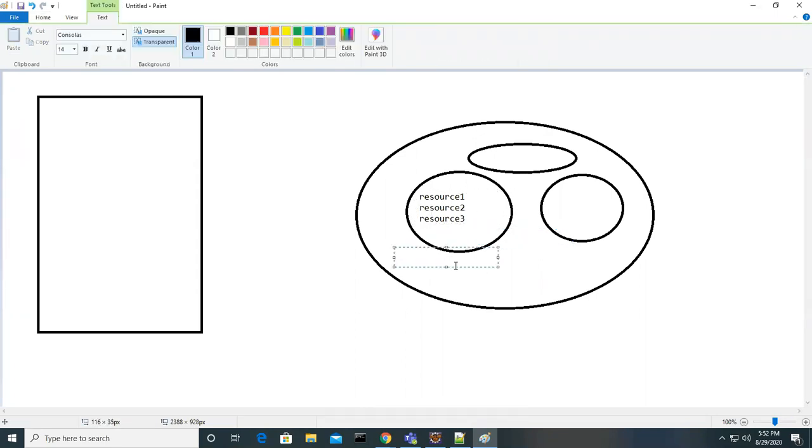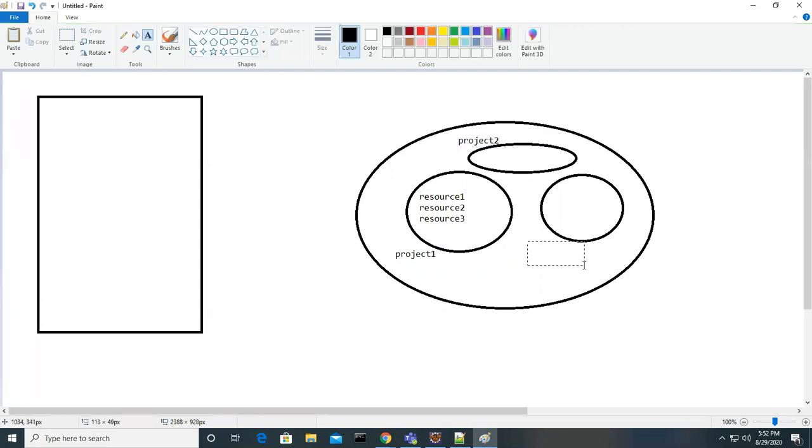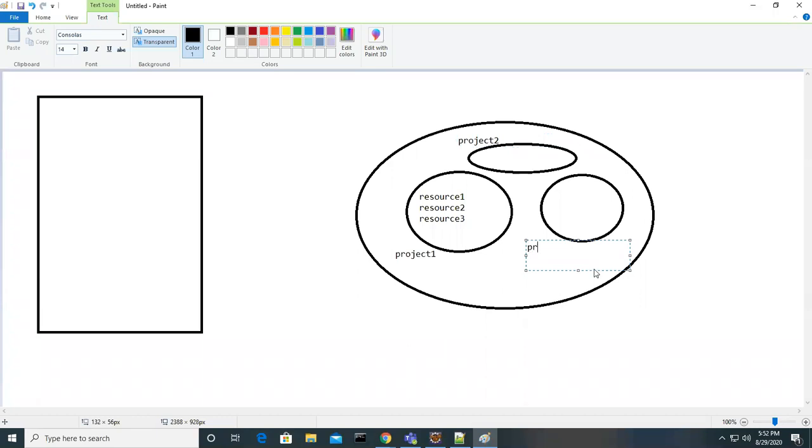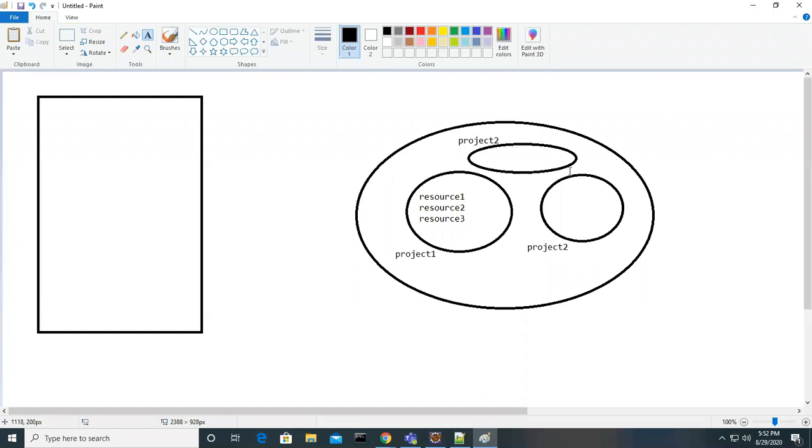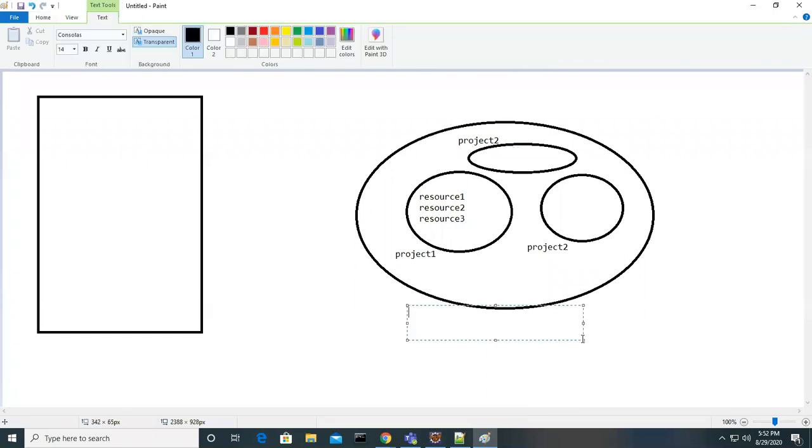So this is project 1, this is project 2, and this is project 3. Like this, we can deploy multiple projects in a server, let's say a Java server.